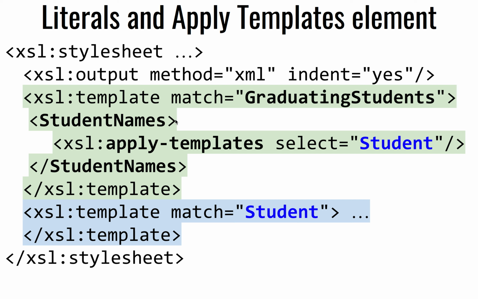This is interpreted as output XML that is being generated in the output XML document, as opposed to the template here, which should be interpreted in the context of XSL. Notice that inside here we have an apply-templates. This says that in the body of the resulting student names element, what I want to put in there is whatever results of this